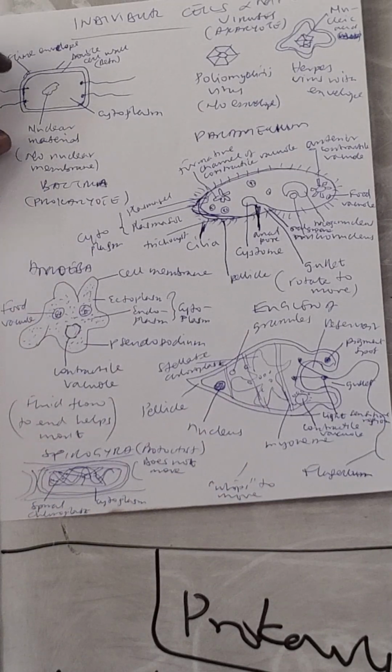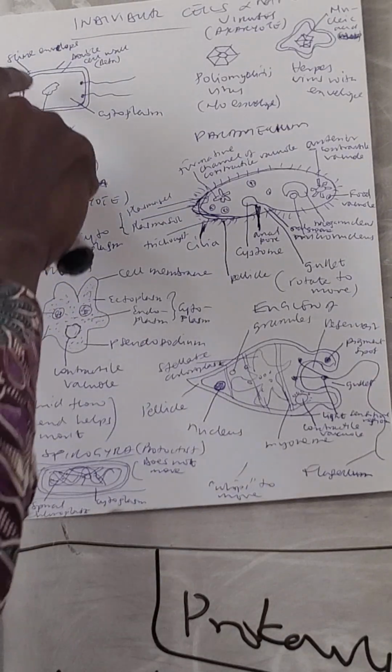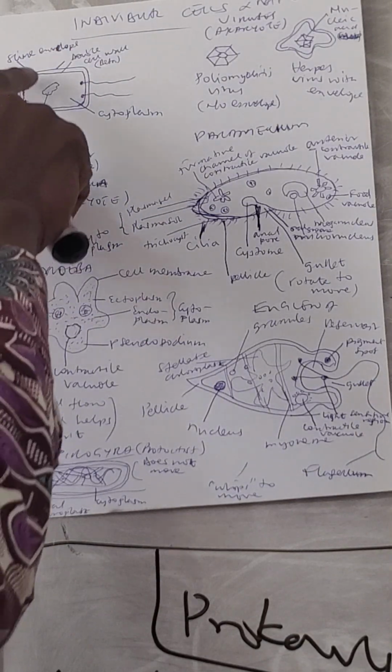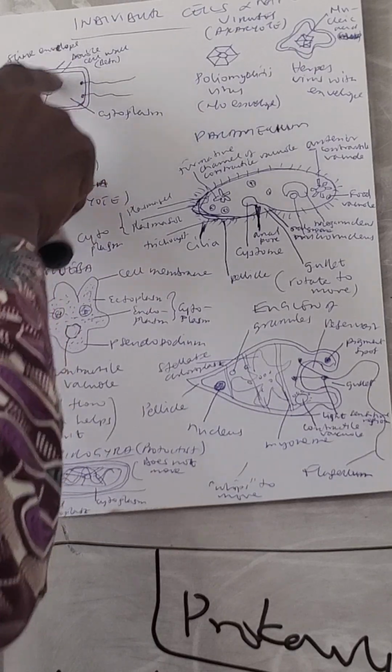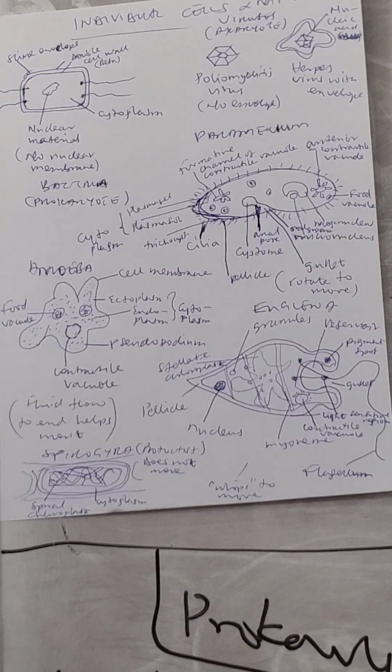So this one, the first one, is bacteria, how the bacteria looks. This is the bacterial cell. This one has two cell membranes, an outer one and an inner one. Between the inner one and the outer one, we have what's called the teichoic acid. Teichoic acid takes up a certain dye called the gram stain, but it is very